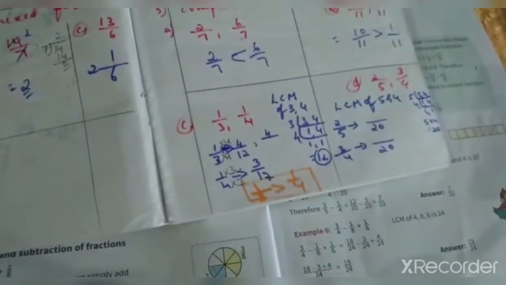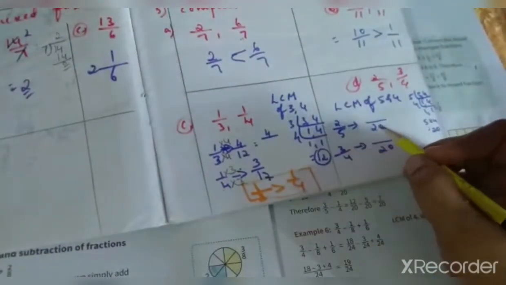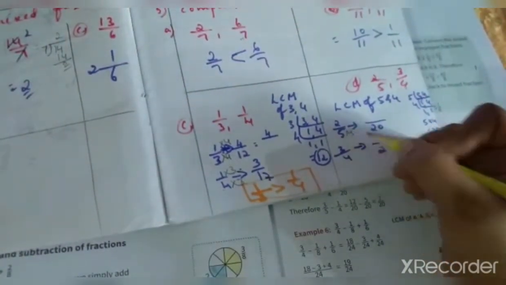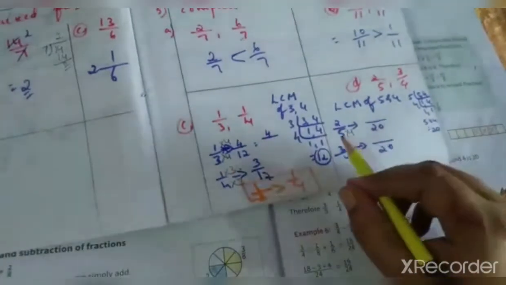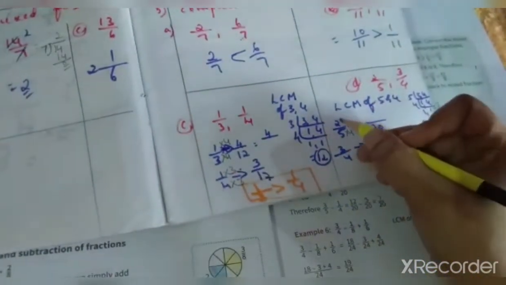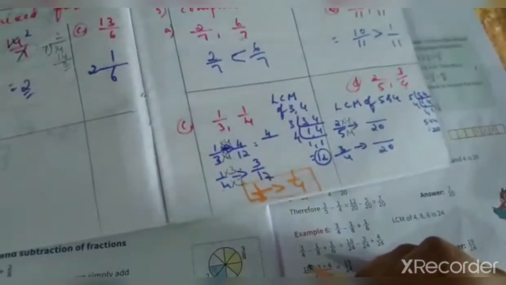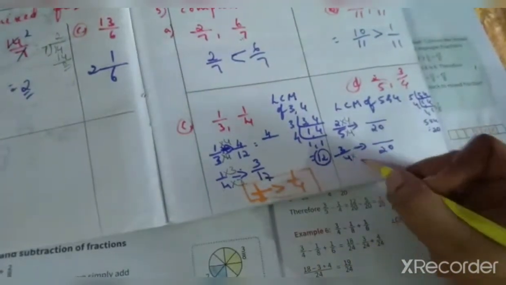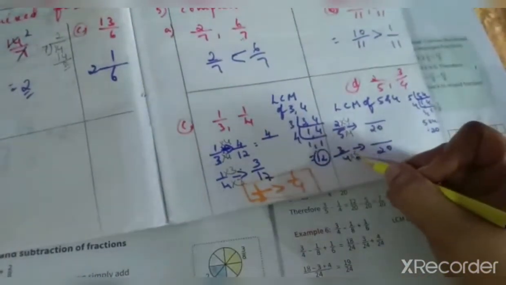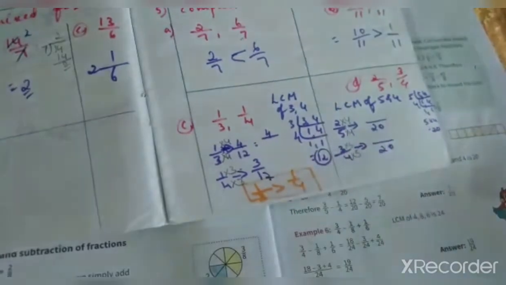First equalize the denominators. 5 times how much is 20? We are checking the tables of this number. 5 fours are 20. The same 4 we have to write up, otherwise they will fight, children. Now 4 times how much is 20? 4 fives are 20. The same 5 we have to multiply up.